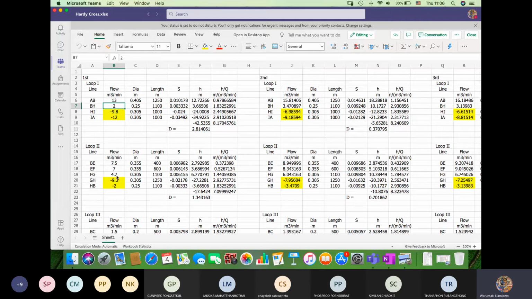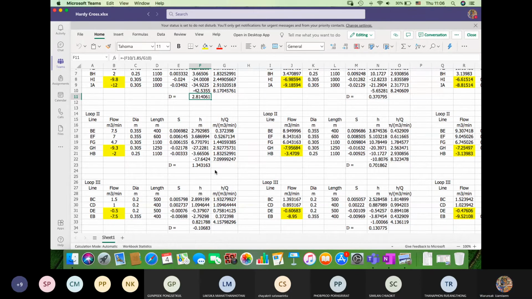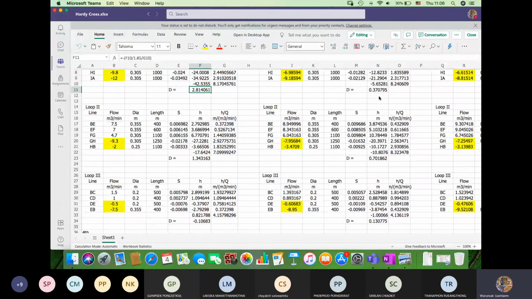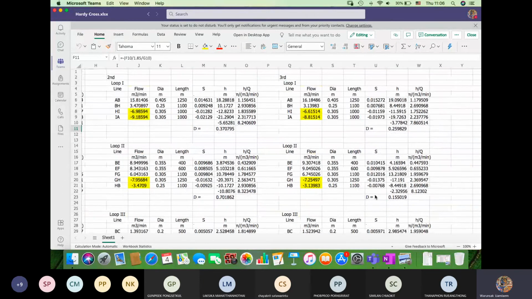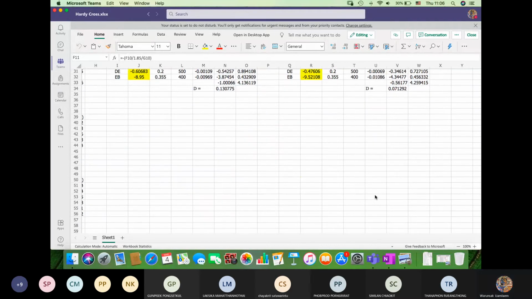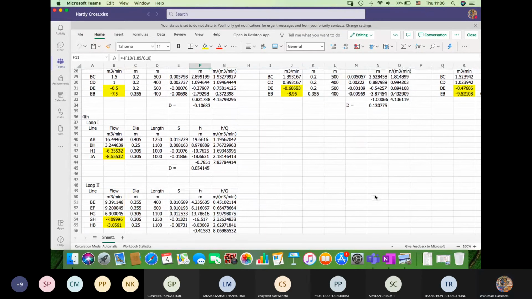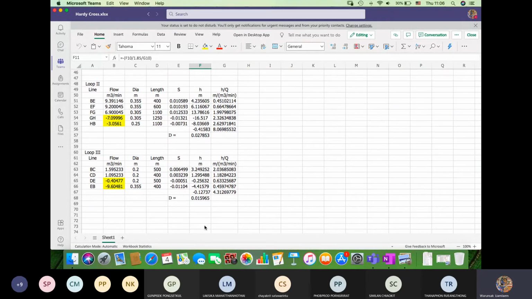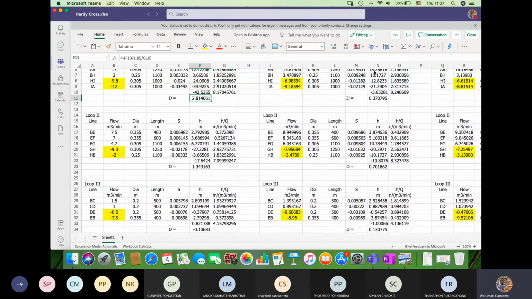Okay, so if we put BH as 2 and HB is also 2, then what will happen? Finally, we get the delta here, and this one. Then for the second trial, finally we get this one. For the third trial again, the delta is getting smaller and smaller. And after the fourth trial, the delta is even smaller than the third trial. So you can